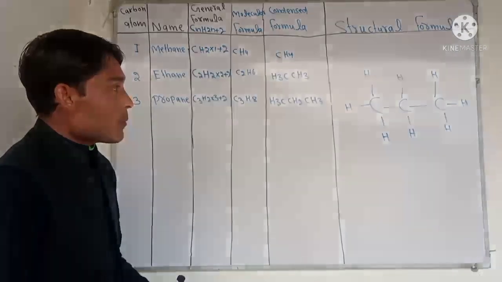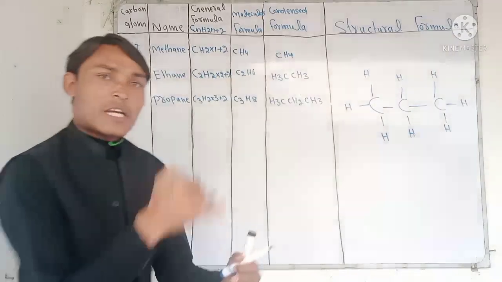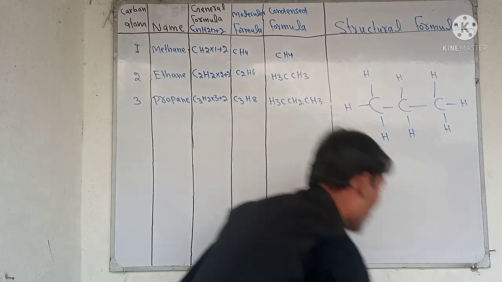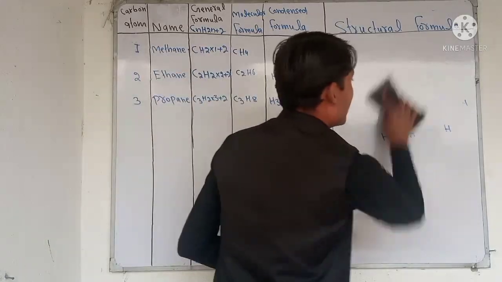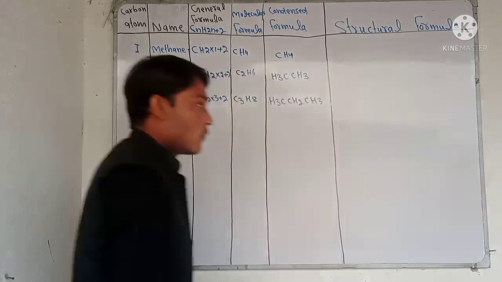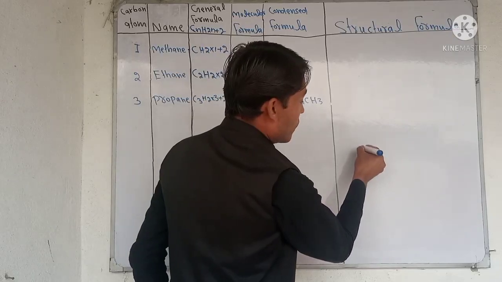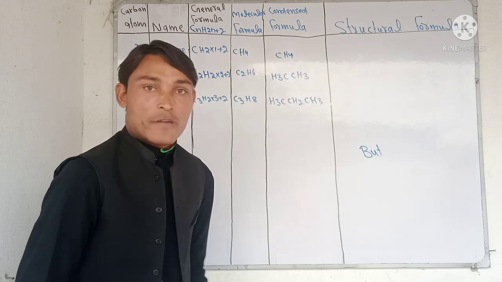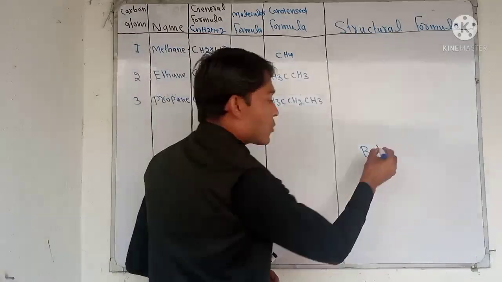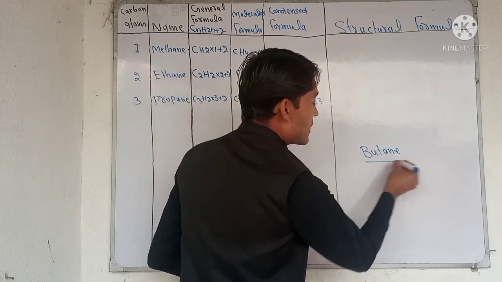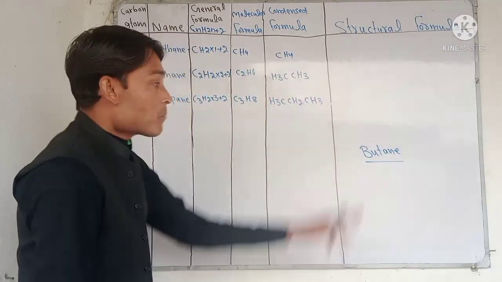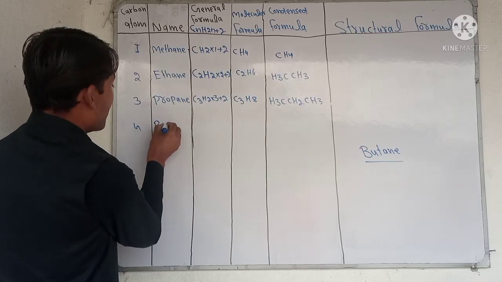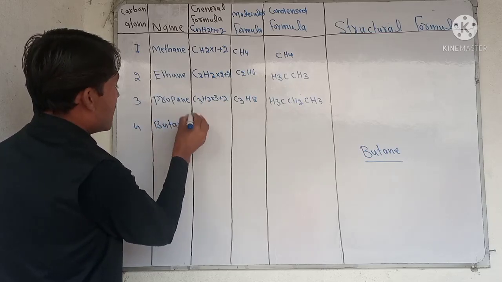Now next, if we talk about carbon number 4, the more we increase carbon, the more the homologous series will be formed. Let's talk about butane. We can erase this here, and let's talk about carbon number 4. We have to remember that but is the prefix for carbon number 4. At the end we need to add ane. So we can say butane. Butane for carbon number 4 is called butane.